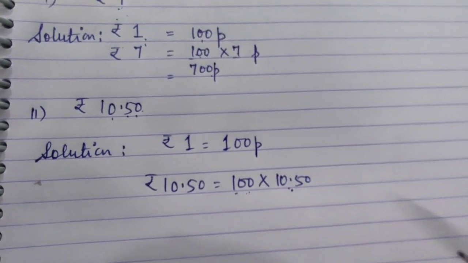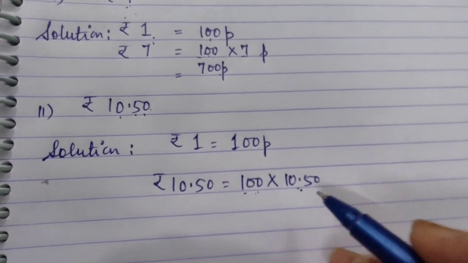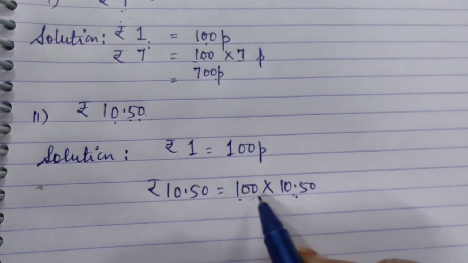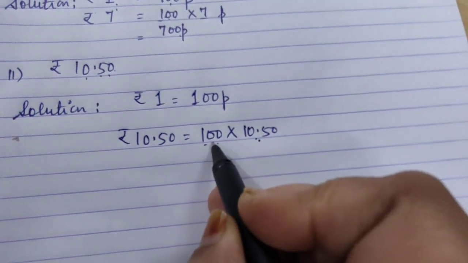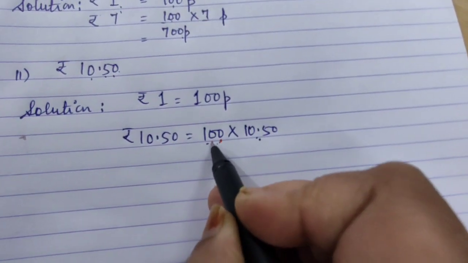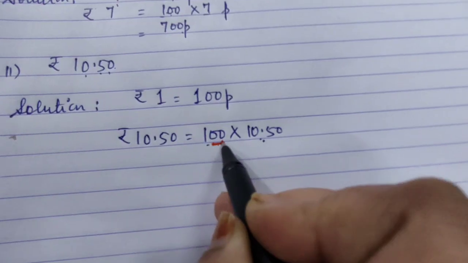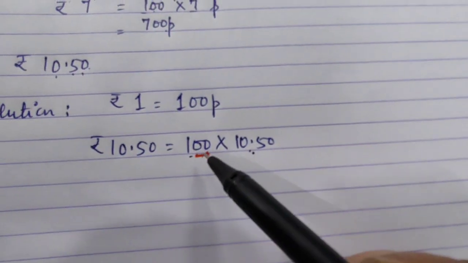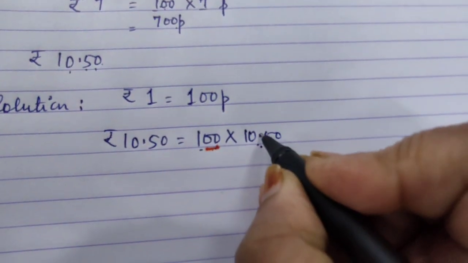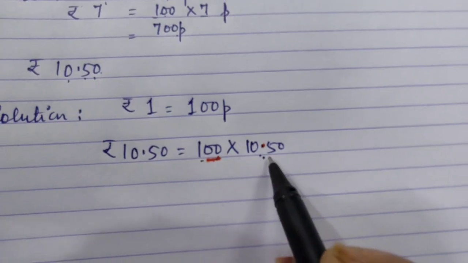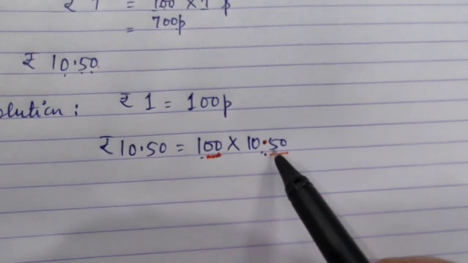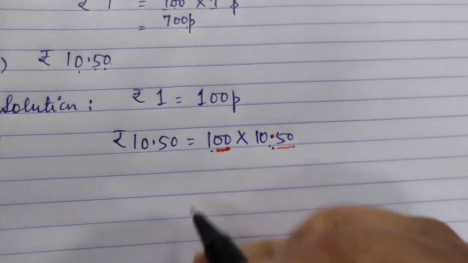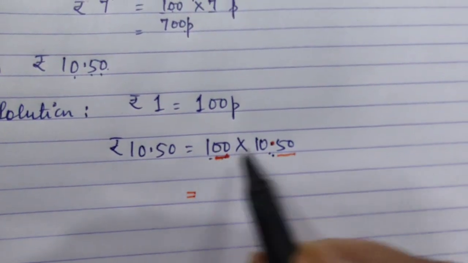Now I'll tell you another easy trick of multiplying that, if you remember, we have already discussed when we were doing the topic decimal. Just see, observe the number of zeros here. Number of zeros over here are 1 and 2. So how many zeros we've got here? 2 zeros we've got here, and right after the point or the decimal we have 2 numbers, 1 and 2. So what do we do? If we multiply, just